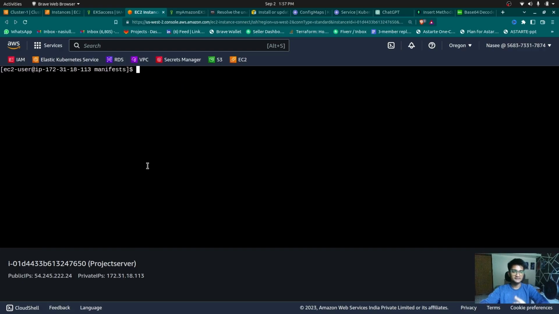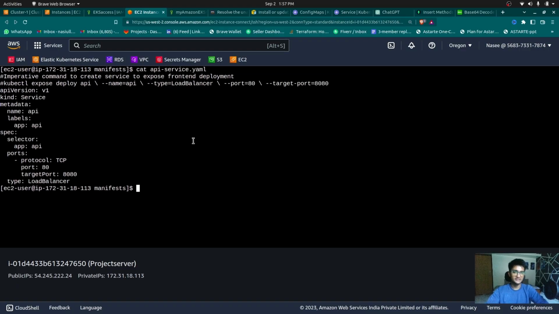And we are going to create a service which is going to be a load balancer service. So I already have the manifest again ready, which you can use. But whenever you use this manifest, make sure you are able to understand it, and for that you can always refer to the official documentation or ChatGPT. So here, this is the manifest file. It's a service and the name of the service is API. These are the labels. It is running on this port, this is the target port, and this is the type,